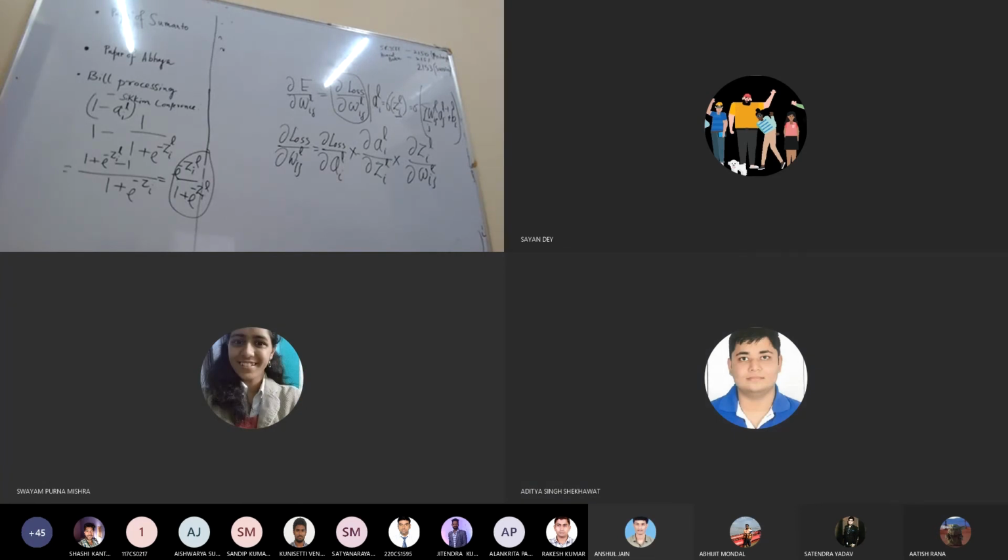Now what is the task? You have to compute these individual values. This part, if you carefully see, we computed just a few minutes before. Someone asked what the significance of this part is. We computed it just now. So this part is what? AiL into 1 minus AiL.